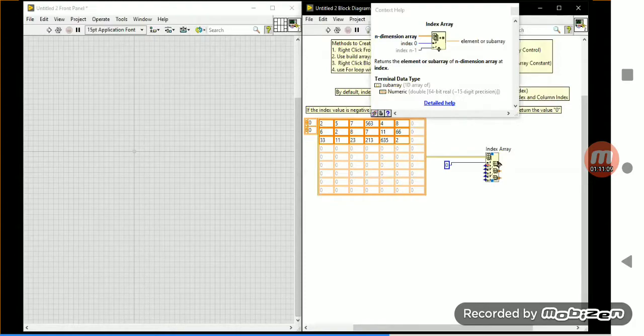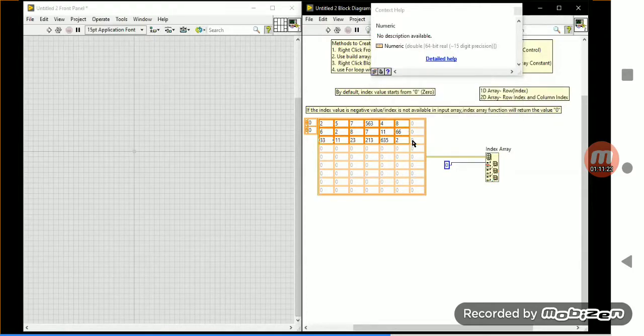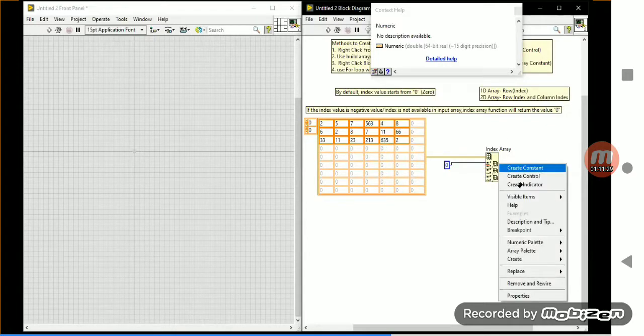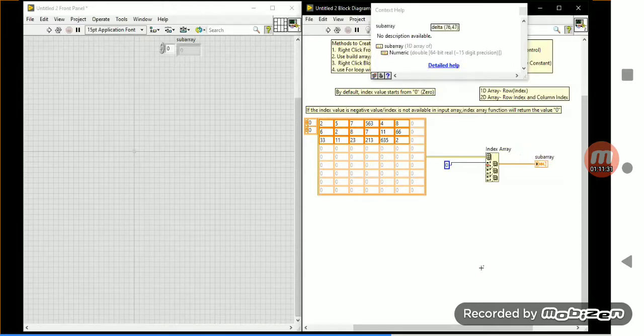That is the zeroth index I have given. Consider there is a 2 dimensional array. It will give the values present in the zeroth row, all will come over there. So this is the zeroth row, first row and second row, and zeroth column, first column, second column. So the output will be 1 dimension. If row and column both are connected, you will get a scalar value. If either row or column is connected, your output will be 1 dimension.